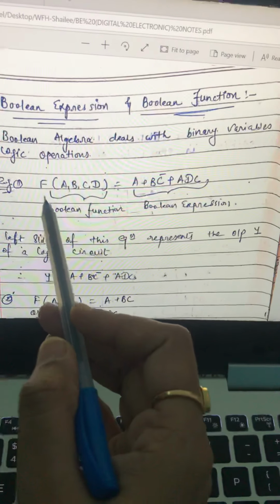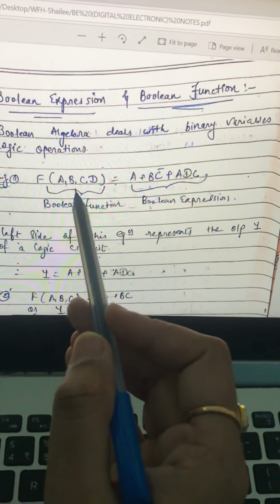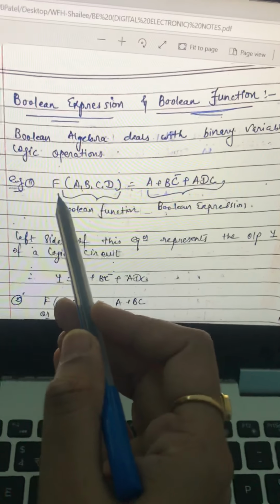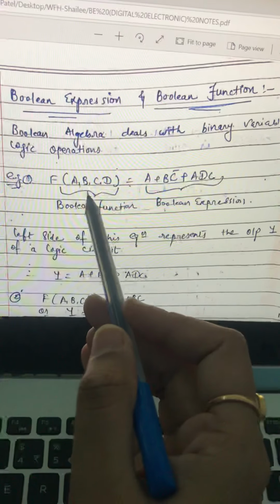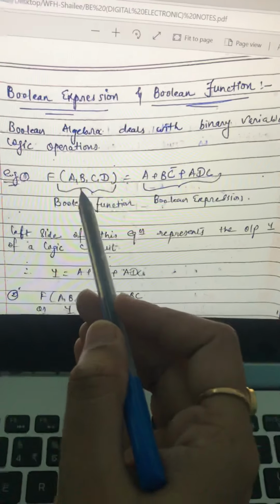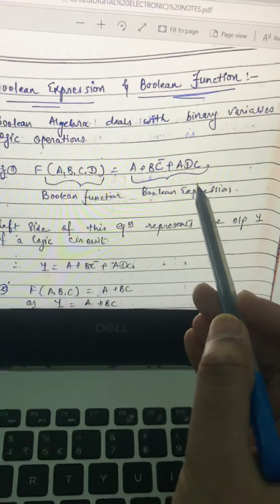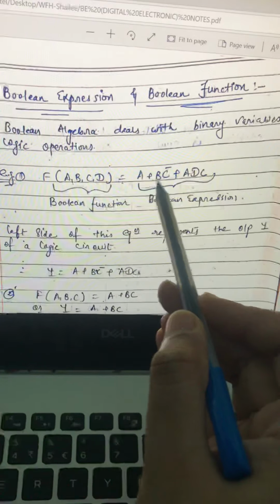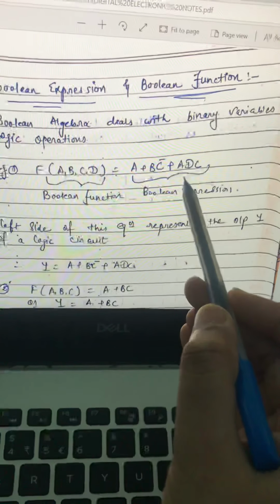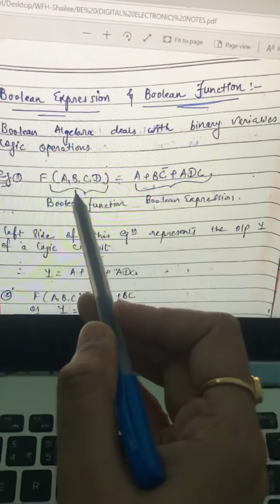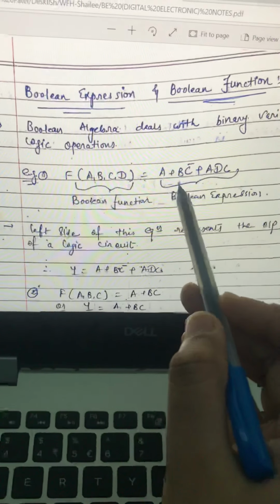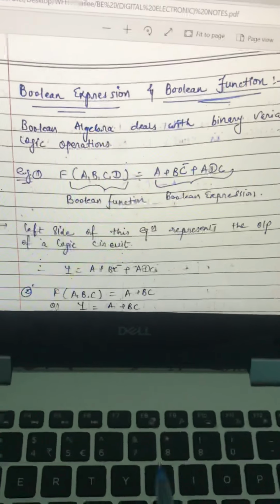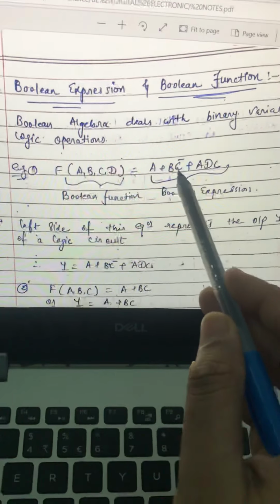See, this is the example for a Boolean algebraic expression. F stands for the function. A, B, C, D are four variables. So this whole thing is the Boolean function, and this is its expression. How can you understand there are four variables? The number of variables available in an expression are available in a Boolean function. So A, B, C and D are there. Mark my word, we don't need to consider A bar in that. So it's a Boolean expression and this one is a Boolean function.